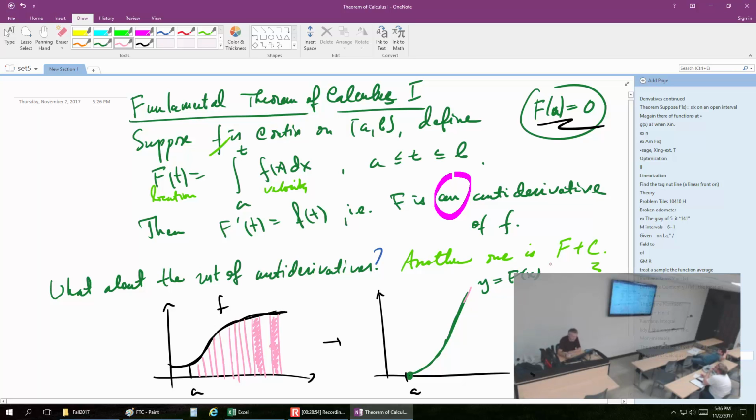The rest of them are right here. They differ by a constant. So how do I get the rest of them from this one? Functions differ by a constant. What does it mean graphically? It'd be the same graph with the same slopes, just shifted vertically. So either I highlight it, or well, I actually can. I think I've done this before, but it's worth repeating a few times. So if I go and highlight it,